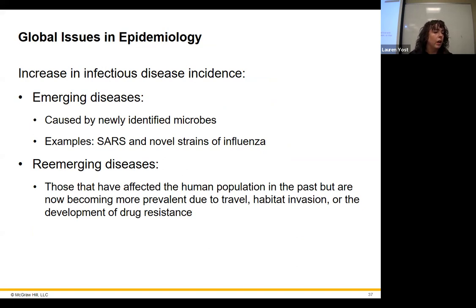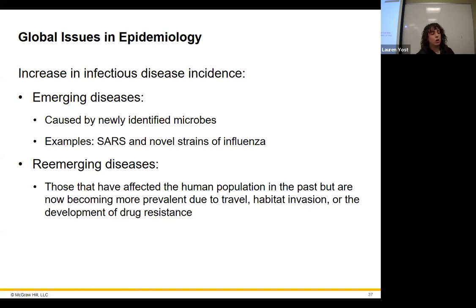All right, emerging diseases and re-emerging diseases. An emerging disease is a new identified microbe. This does, however, include new strains of flu. Every time we have a new flu strain, if we have to roll out with a new vaccine, then that's a new disease. Essentially, it's an emerging disease. If it's new to your immune system, then that's an emerging disease. Okay, so that does count. When we had SARS come out back a long, long time ago, that was a brand new disease to the population. So emerging disease.